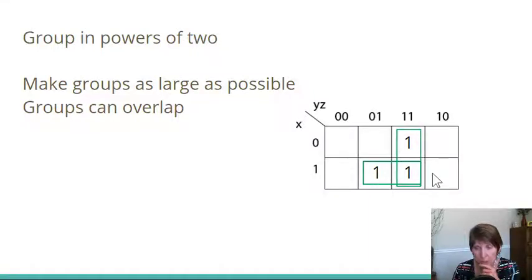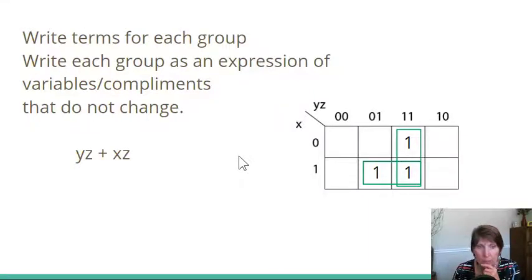So we have 2 groups of 2, and the next step is we want to write the terms for each group as an expression of the variables that do not change. So let's look at how that is. So I've written them here, and let's see if we can understand how that works. If we look at the first one, this group that's upright, the X is 0 in this box and the X is 1 in this box. So the X is changing, so we won't use that. But the Y is a 1 and the Z is a 1 in the entire group. So those are the ones we're going to use. And since they're 1s, we'll use the variable itself. So we have